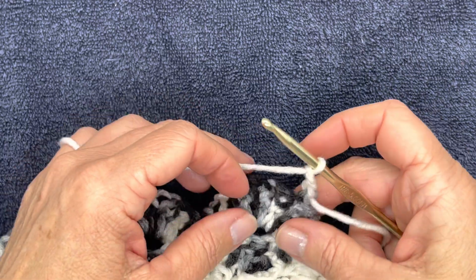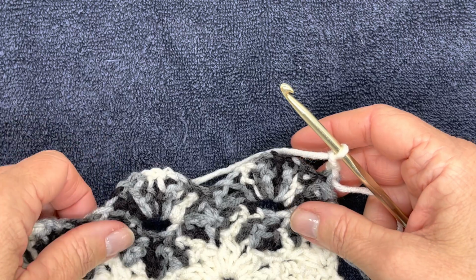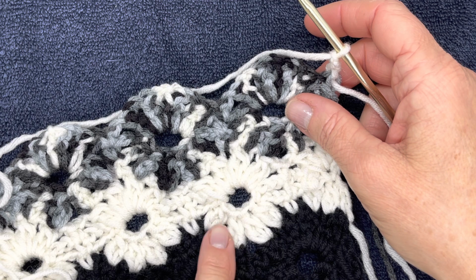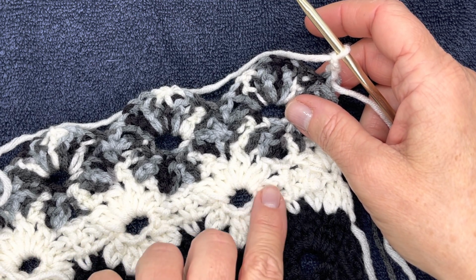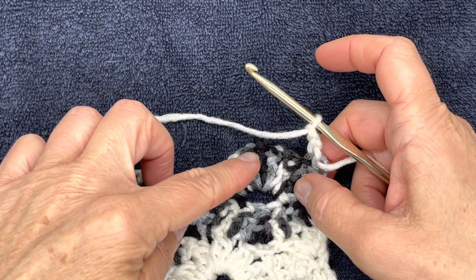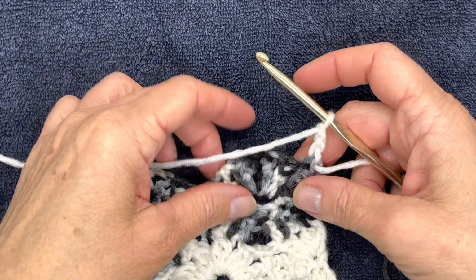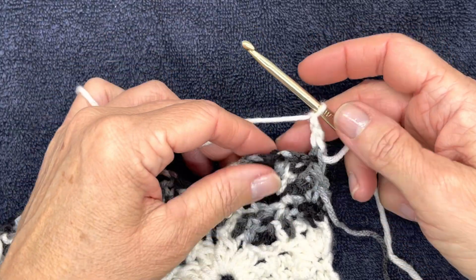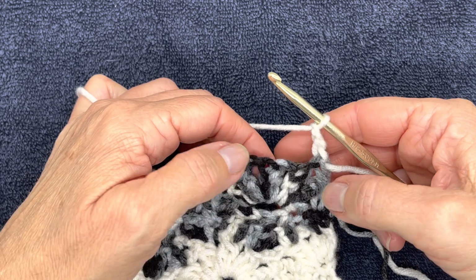All right, this is row 6. And just so you know, what we're looking to accomplish is we're repeating this bottom row of white. So the bottom petals of the white daisies, they're going to go nestled into the valleys of these multicolored yarn daisies. So I've chained 3, and I'm going to begin by doing 2 clusters into the tops of the first